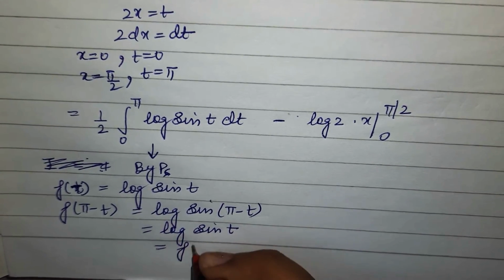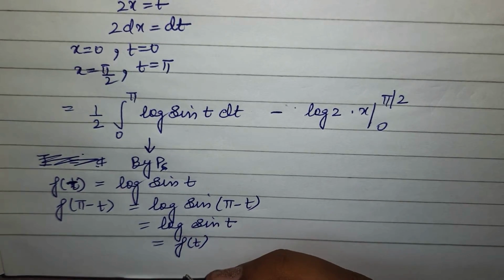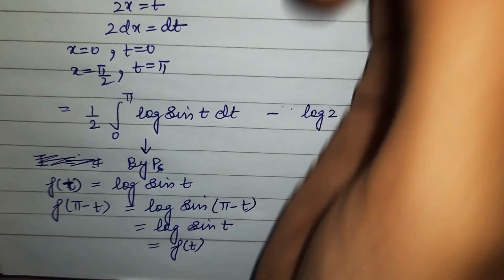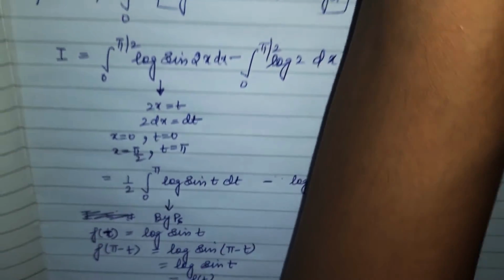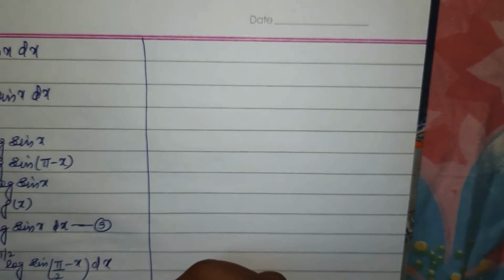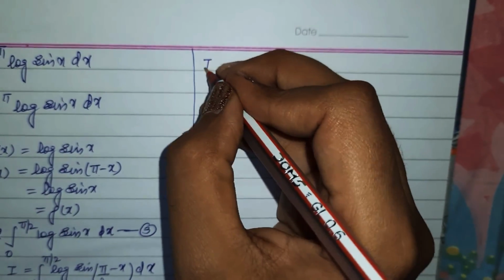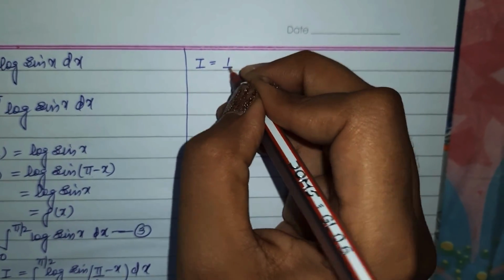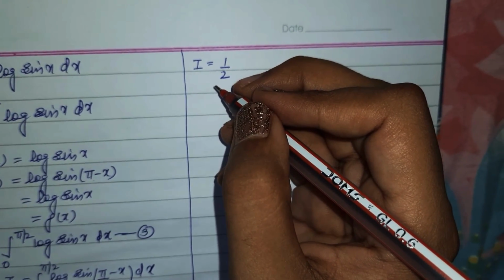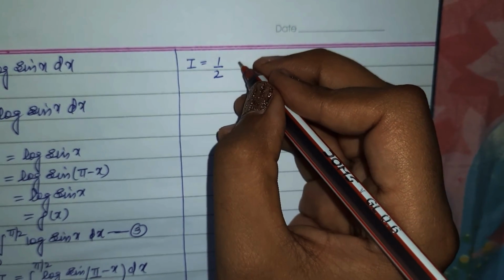This is f of t. So I is equivalent to 1 by 2, and now if f of pi minus t is equivalent to f of t, then this will become